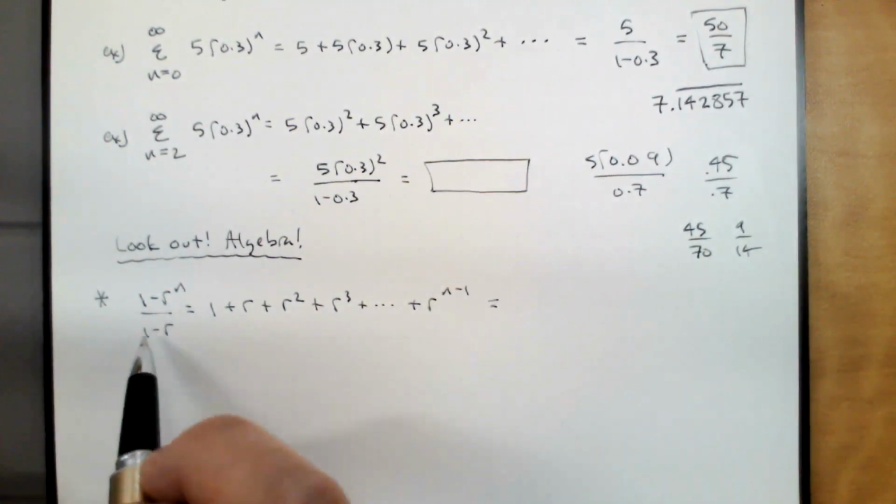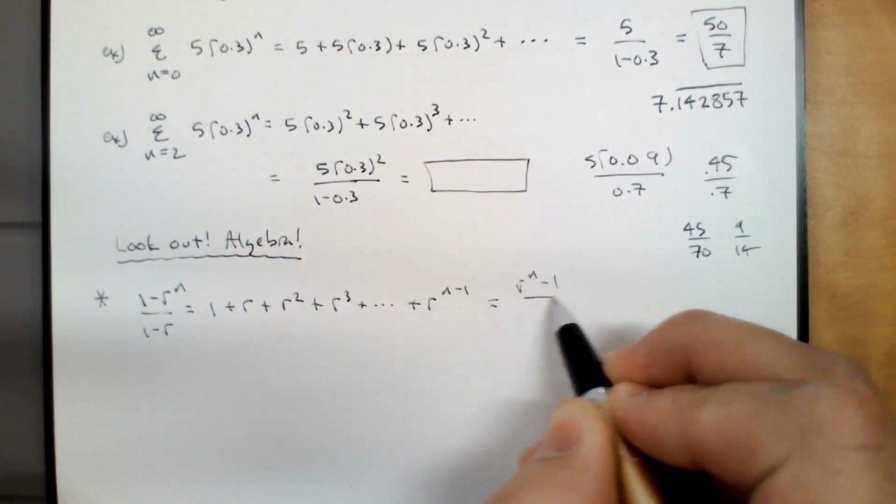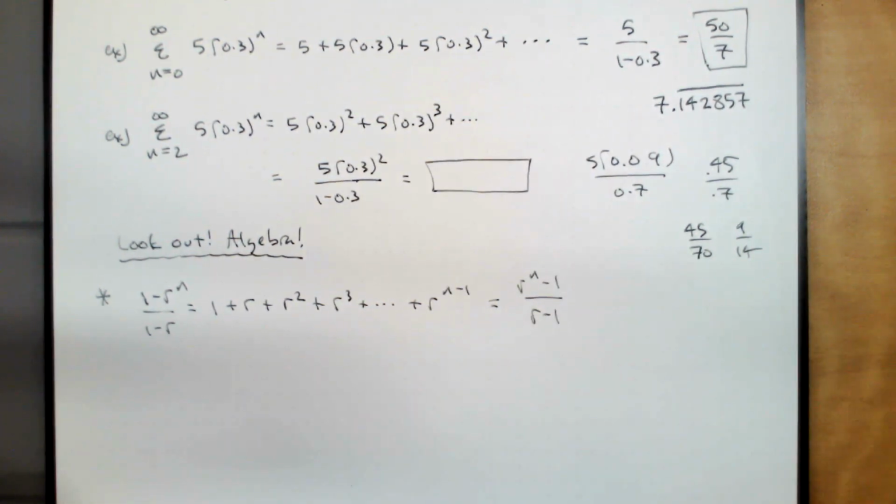But notice if I multiply the top and bottom by -1, I can write this as r to the n minus 1 over r minus 1. Now, this is a really strange thing to do. I tend to be in the habit of writing my polynomials from the constant up rather than the leading term down. But it's helpful to do this in this case